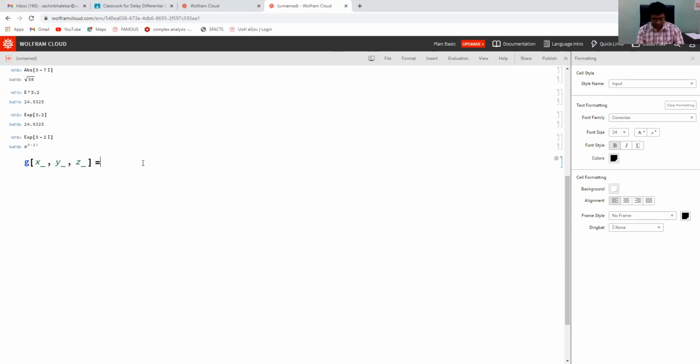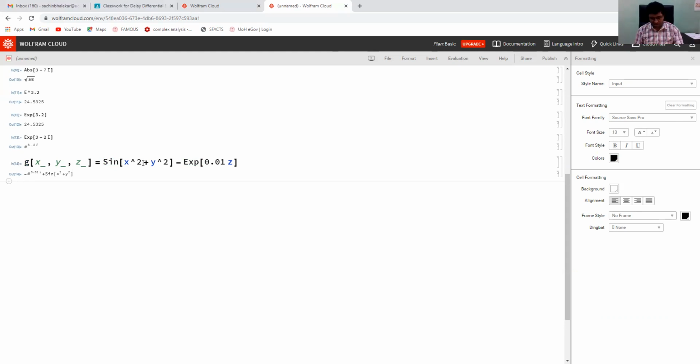Say Sin of x square plus y square minus e raised to 0.01 z. Let us run. It is accepted by Mathematica.